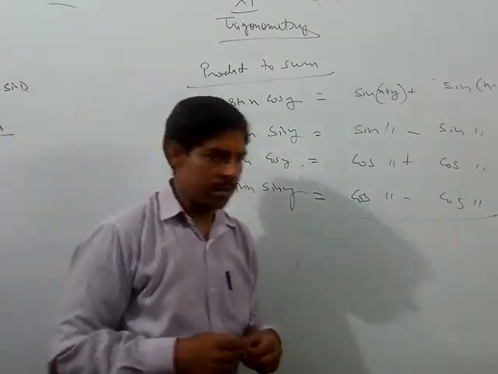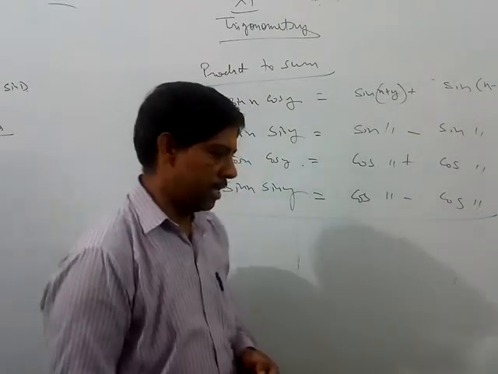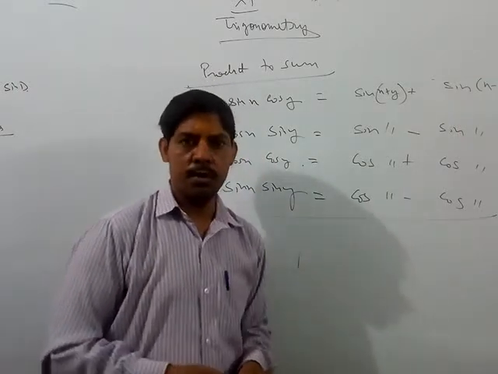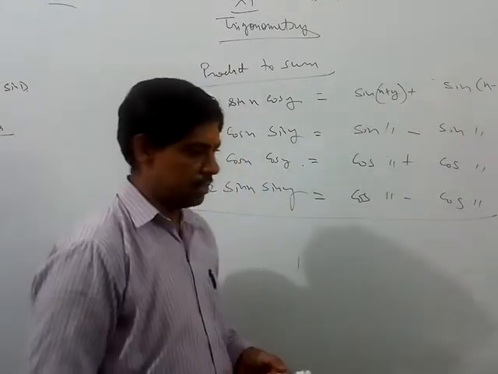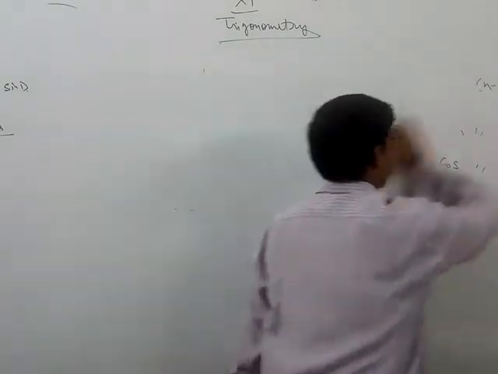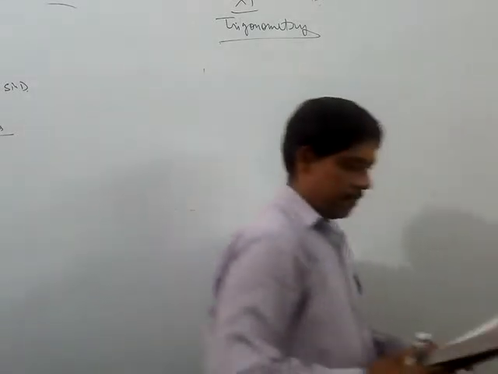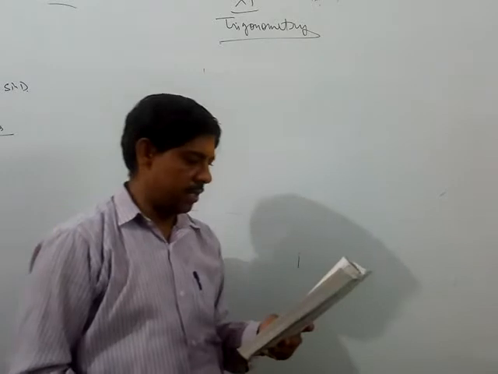Now we'll do some questions related to these identities. Yesterday I gave you homework, exercise 3.3. I'm sure you have tried all the questions. I will solve some of the questions, and then you can write them. Today also you have to do further questions. If you had any problem, let's solve the questions here.